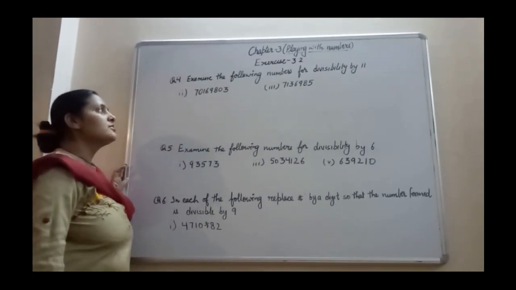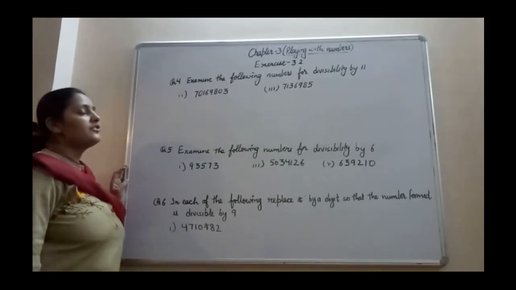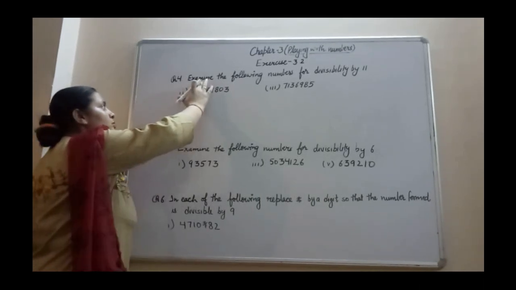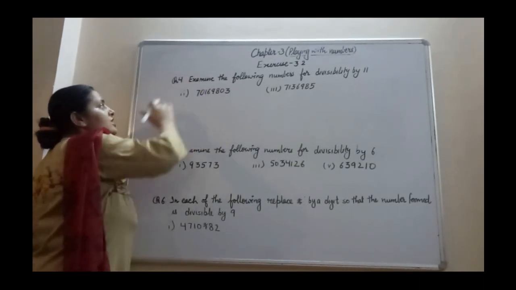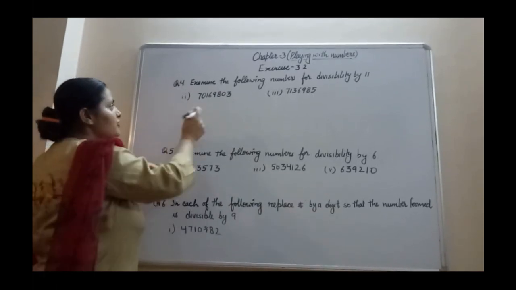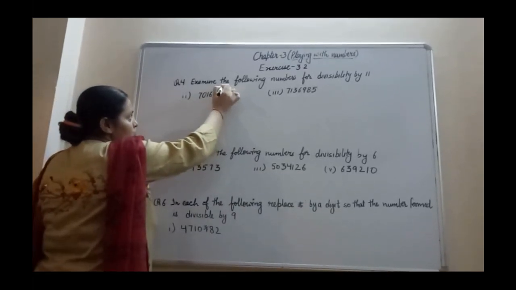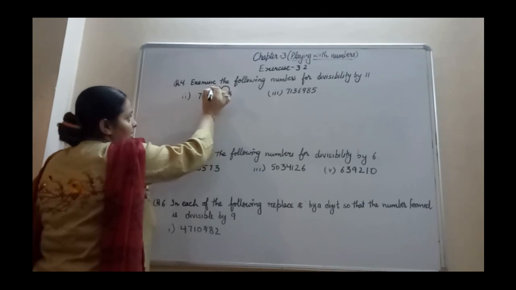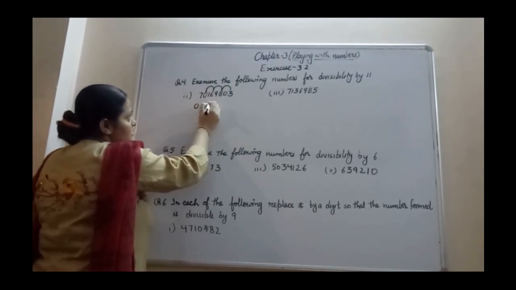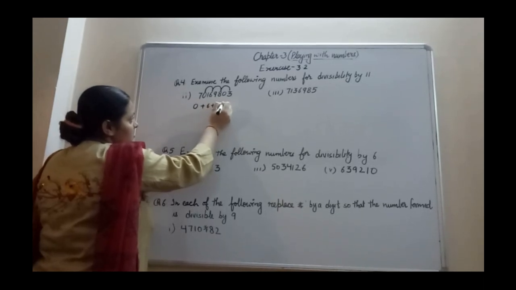So we have done the divisibility rule of 11, and that is we have to find out the difference of the sums at alternate places, means even and odd places, and then we have to check whether the given number is a multiple of 11 or not. So let's do it. So starting from the odd place, that is ones, I am going to add all the numbers. So 0 plus 6 plus 8 plus 3.